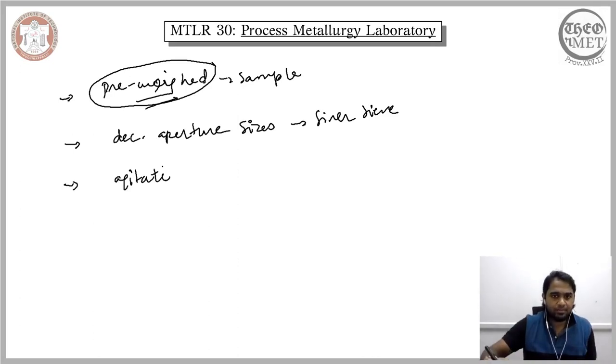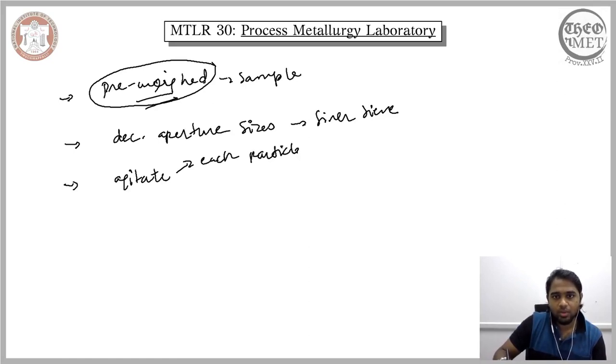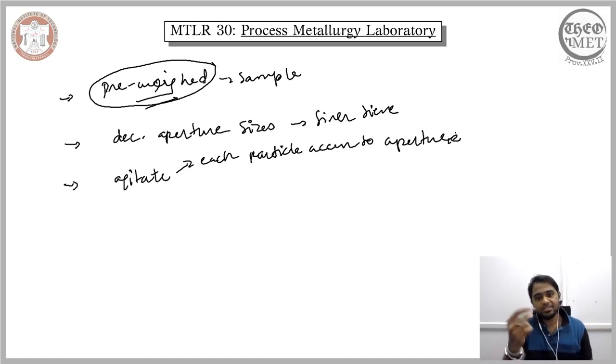So one reason is that each particle needs to have access to the aperture. Since what we are considering is a mixture of smaller particles, we agitate in order to ensure that each particle found in this mixture reaches the aperture. It is not that some of the particles block the other particles from reaching the aperture. So therefore we vibrate so that every particle present in the fragment reaches the aperture. Secondly,